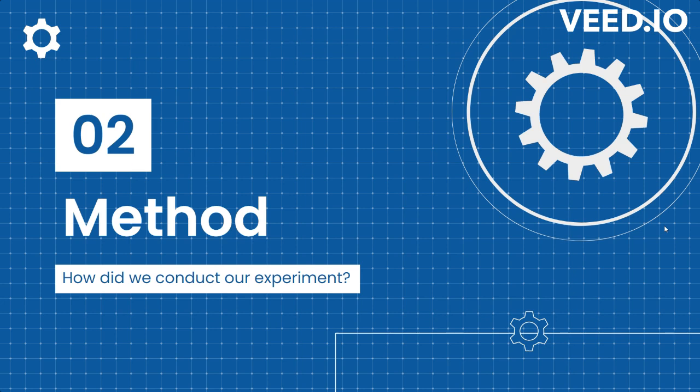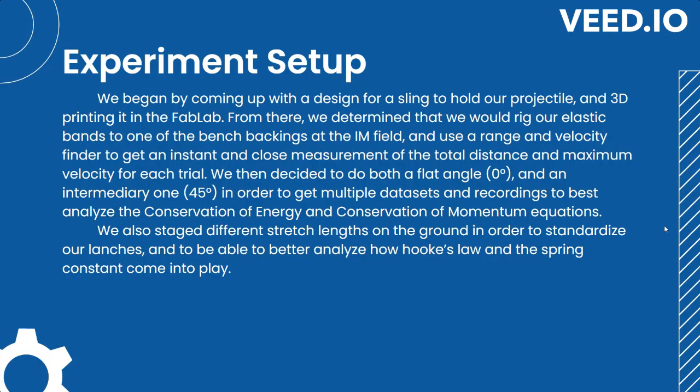So, how did we conduct our experiment? We began by first coming up with a design for a sling to hold our projectile and then 3D printing it in the Fab Lab. From there, we determined that we would go to the IM fields because it had the most space for us to be able to launch and would rig our elastic bands to one of the bench backings, and then use a range and velocity finder to get an instant and close measurement of the total distance and maximum velocity for